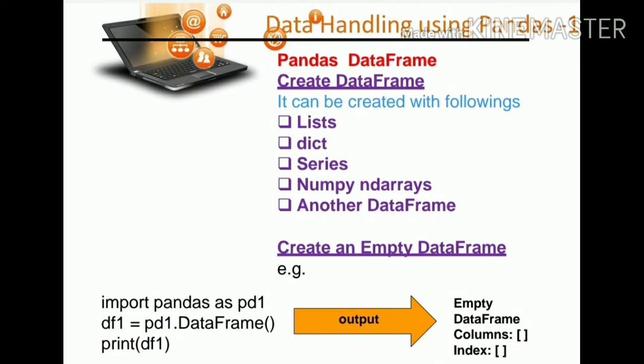What is in the columns? Nothing. Nothing is coming in the columns, and nothing is given as the index. Since we are not giving any data, no information is coming in the columns. Column is the heading of the table, and no index is being provided. I hope it is clear. A pandas data frame can be created by using a list, dictionaries, series, numpy array and another data frame. All these examples we have already studied in class 11th.